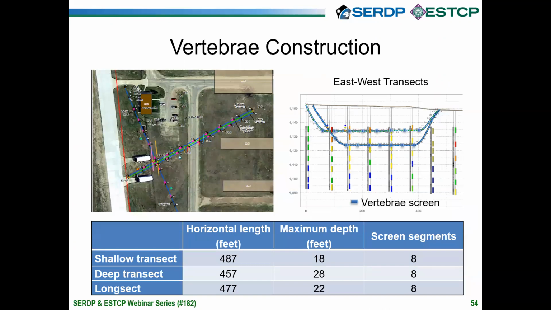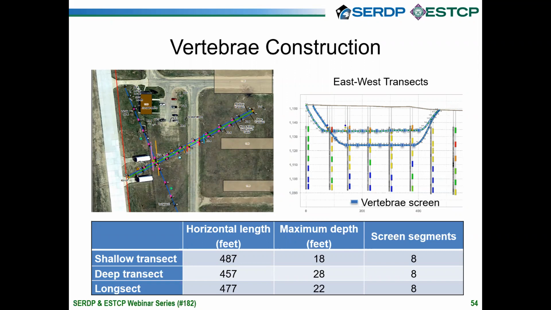So at the site, a total of 3 vertebrae well systems were installed, which are depicted in the aerial photo on the left. 2 wells, a shallow and deep well, were installed in a transect configuration running approximately southwest to northeast. And these wells are also shown in the cross-section figure on the right. And their alignment is overlaid on historical concentration data, which provided a basis for the well position and the screen